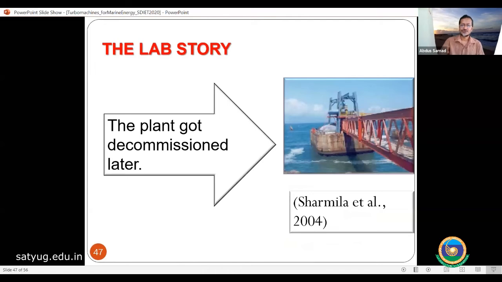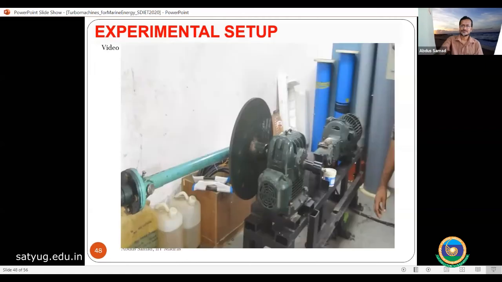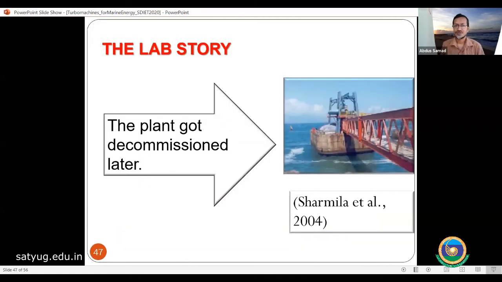Okay. To go to the laboratory, first I have to tell some story. I joined IIT Madras in 2010. Then I was roaming around in our laboratory, the big wave basin area. I saw some glass structure and asked one lab staff, "What is this?" They said, "Sir, this is a wave energy system. IIT Madras initially developed it, and NIOT developed the actual full-fledged model."